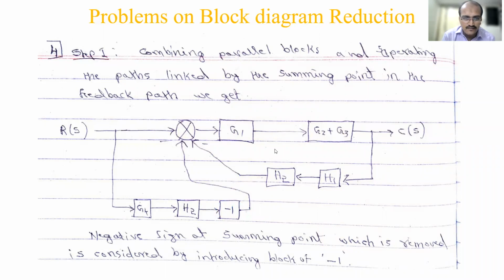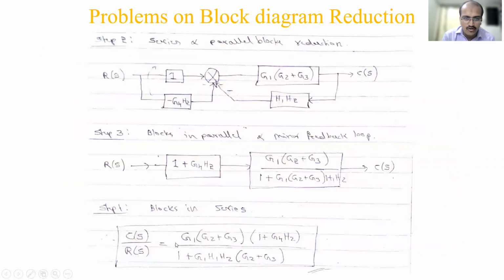Okay, so that is the answer we got finally. So you write this in a block manner. The left side you show R of S and this side you show C of S. Okay, so this is the simple problem. It introduced parallel blocks here. So majorly parallel blocks and blocks in parallel.